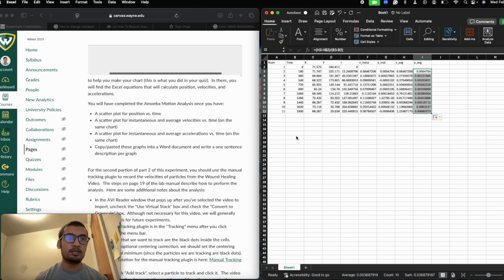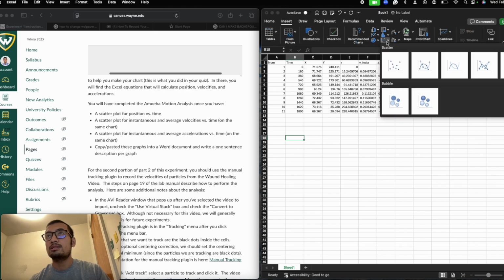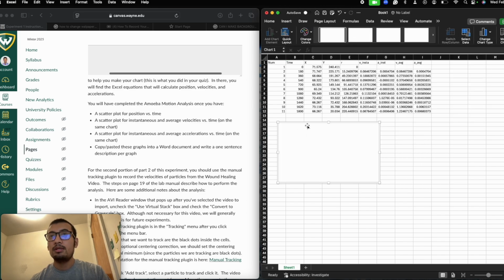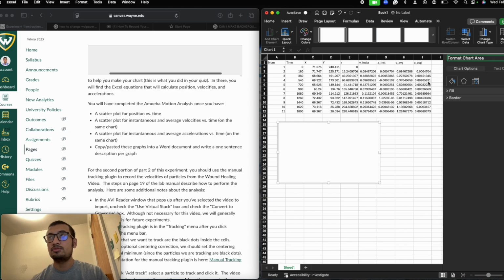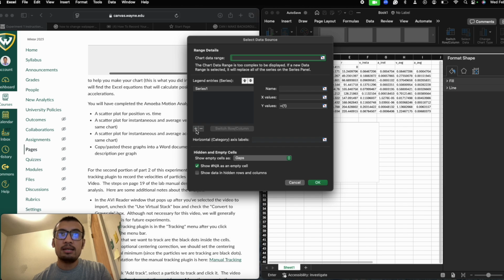This is a really important part where most of the students are confused. To plot the graph, just choose one of the cells here, then insert, and then this is the scatter plot. Let's choose the blank one, drag it down here, select this chart, then select data. If you are using Mac, this plus sign is the add option. If you are using Windows, you will see the add option in there. So let me add, and then series one would be